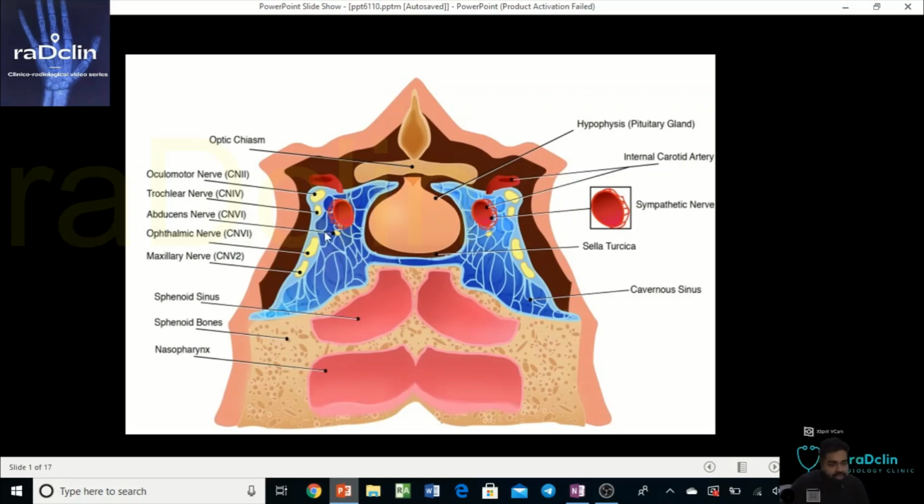Now, as I said, the meninges are also covering. From the meninges, there could be a meningioma or a basic inflammation of the meninges. Not to forget that below the sellar region is the sphenoid bone. From the sphenoid bone, a squamous cell carcinoma can arise, a chordoma can affect the sphenoid bone, METs could affect the sphenoid bone, and inflammation could affect the sphenoid bone.